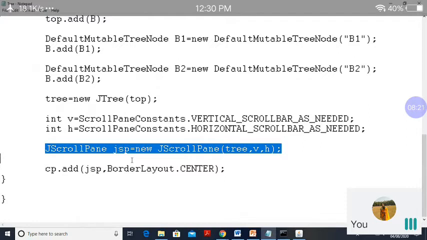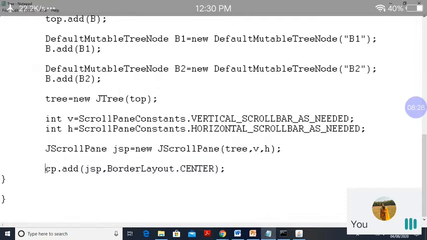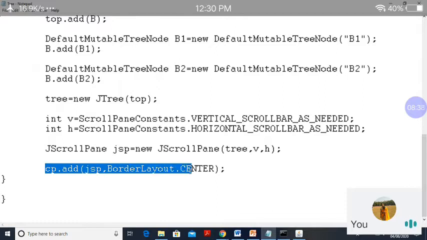So this is the way I have created JScrollPane, and this JScrollPane will be added on my container object. So cp is my container object, dot add method, having first jsp, the JScrollPane, and where it is added: BorderLayout.CENTER. So this is the way I can write a program for my JTree.